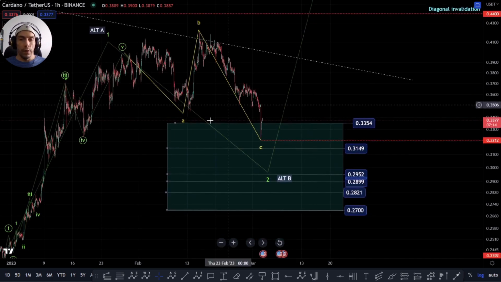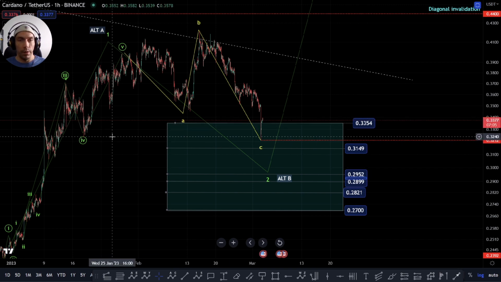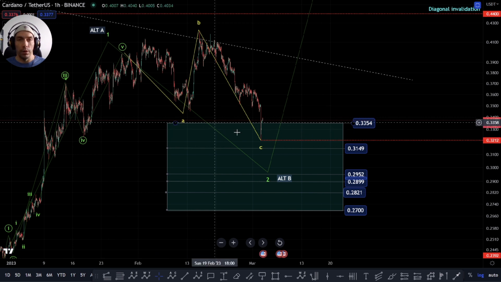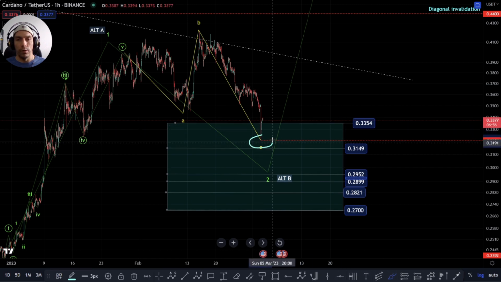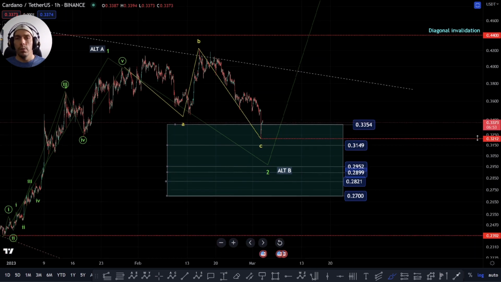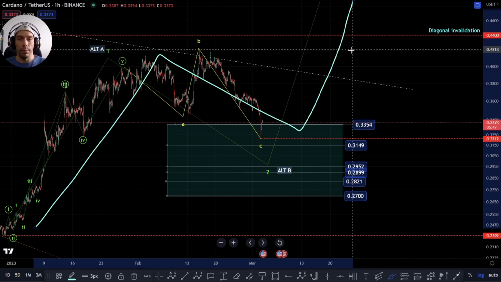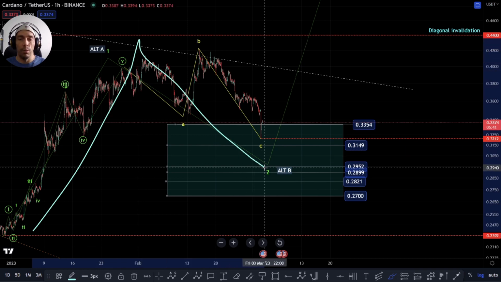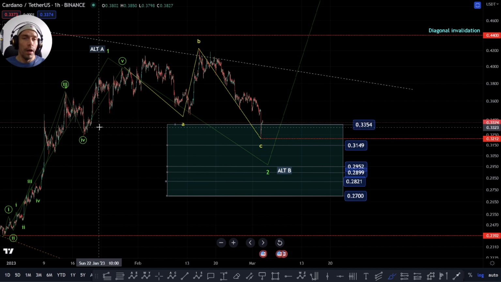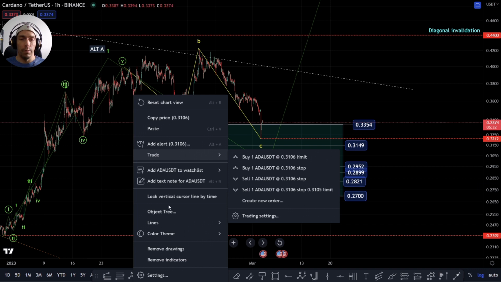Okay, so we've actually had a move down here into the support box overnight that we were talking about. We've come down towards between this 382 and this 50%, and we came down to this previous fourth wave that we've got marked out here. For the most part, we need to be watching to see whether we can actually hold this low point. If we do hold this low, what we could look for is effectively the possibility of this being an A, a B, and then we look to push to the upside for a C, or alternatively, on the more bullish count, we could look at this potentially as a 1, 2, and then we're looking for that third wave up.